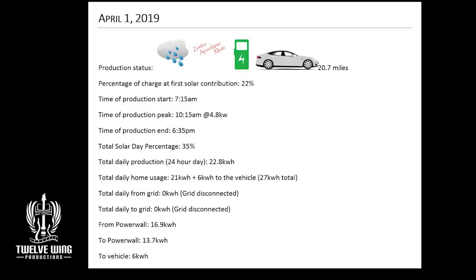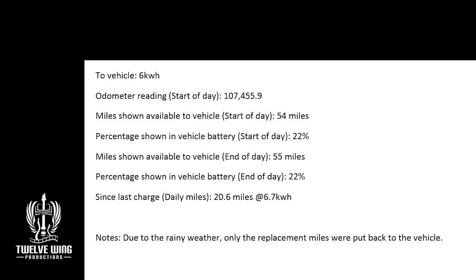The end of March was a little harsh. There's the notes. Managed to get 6 kilowatt hours to the vehicle. And again, like I said, the end of March was a little hard on us. We had several rainy days in a row, of which the first few days in April started to get us out of that. And as you'll see here on the 2nd,